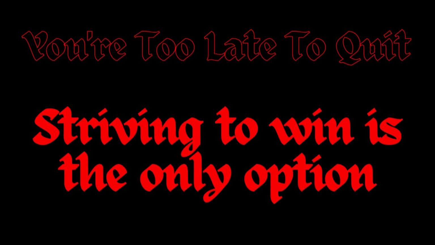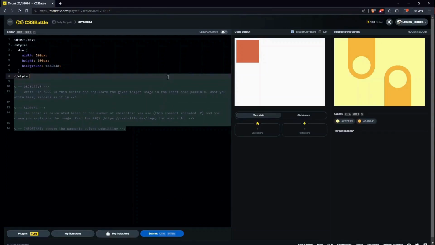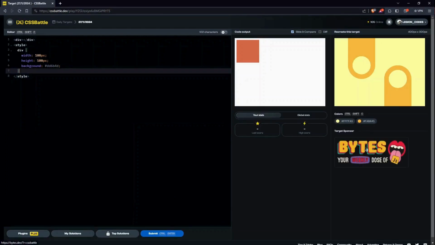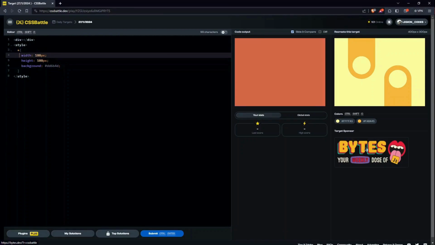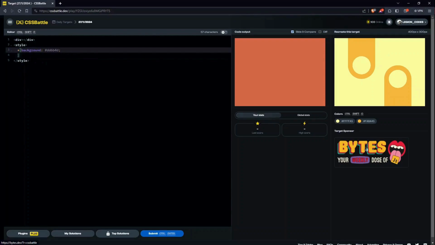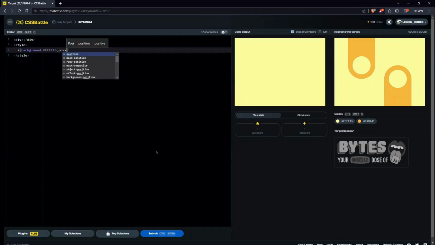So let's begin with today's target. It seems to be an easy one, so let's proceed further. I'll begin with giving the background, which is going to be that light yellow color. I'll also do one thing, position fixed. Okay, now the next thing I'll do is